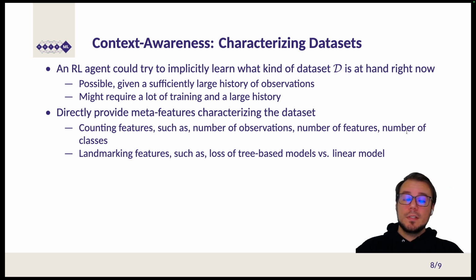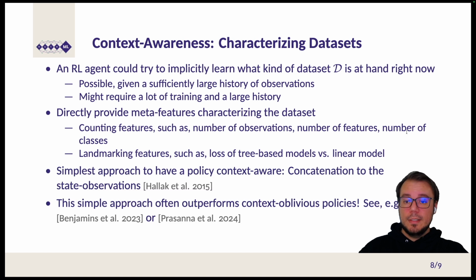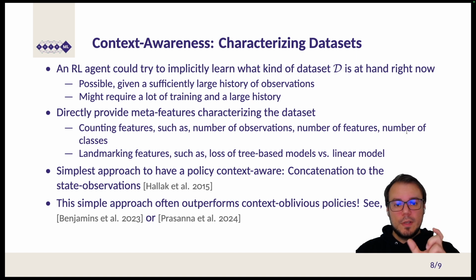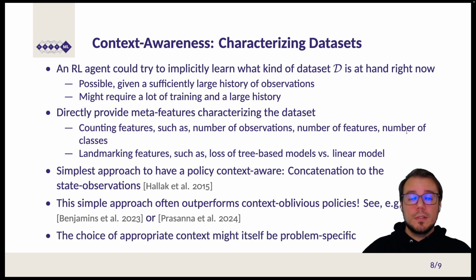If you provide meta features directly characterizing the dataset, usually you can make a lot of use of existing features, such as counting features that tell you something about the number of classes or related elements in the dataset, or landmarking features where you know how a simple model, for example, behaves on this particular dataset. The simplest approach here, if you have these meta features at hand, is to just concatenate them to the observation for your reinforcement learning agent and make decisions based on the observation of the state and the observation of these meta features. This super simple approach can often already outperform context-oblivious policies,